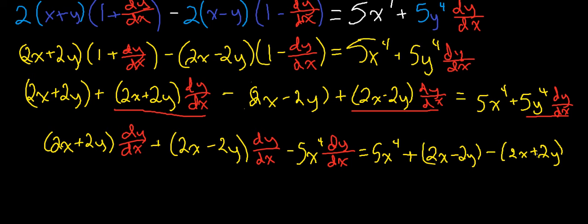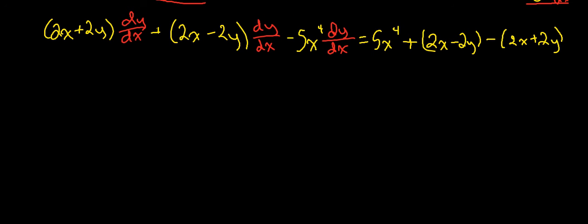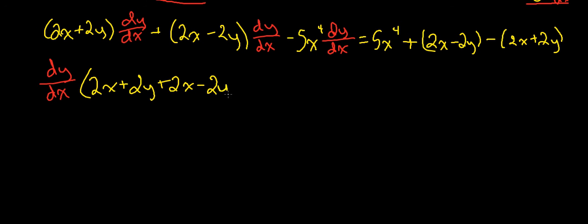And we can go ahead and simplify this bad business. While we simplify, I'm going to scroll down so we have a bit more room. We can now factor out a common factor of dy dx. And if I were to do that, that's going to leave me with the rest of this junk. 2x plus 2y plus 2x minus 2y minus 5x to the 4th equals 5x to the 4th plus 2x minus 2y